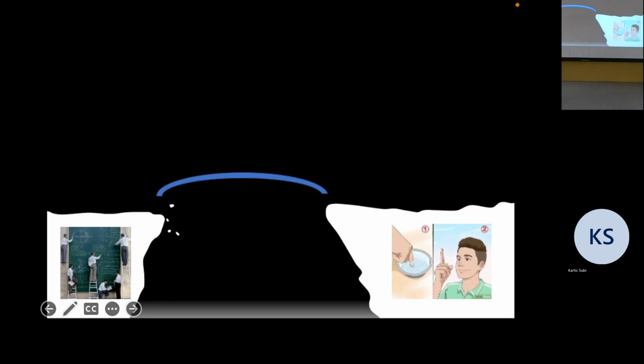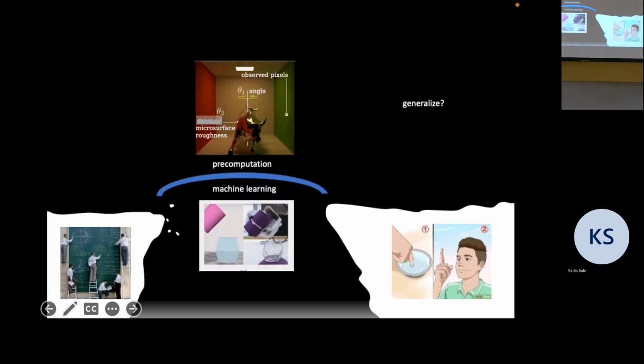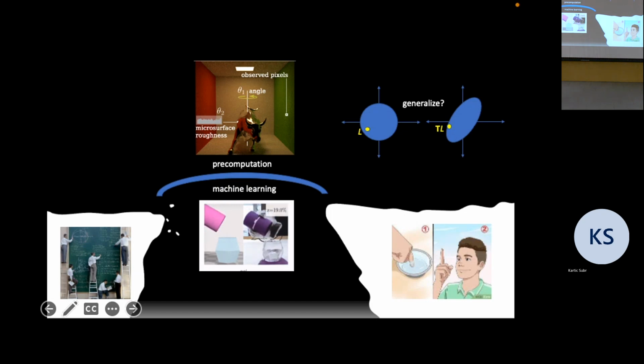In summary, we have all the theory, and we have really practical methods, and the question is how to bridge these two. That's the goal of most of my research: to use either pre-computation or machine learning as the bridge. They work in different ways and have different advantages, and it depends on which domain you're in. But that's important. The problem with both of these is that they don't generalize. Your question was very relevant: can you transfer these skills from one to the other?